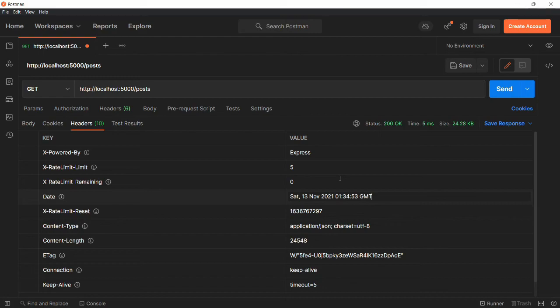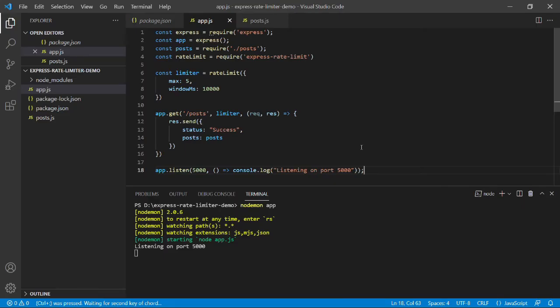Now in this application, we are rate limiting users based on their IP addresses. There's a possibility that the user can try to use your APIs through multiple IP addresses. In production level applications, on top of this IP address based rate limiting, there will also be user ID based rate limiting. So if he tries to make requests from 2 different IP addresses, he'll still be using the same user ID. So this problem will be solved. So this is a simple implementation of how you would normally add rate limiting to your APIs.